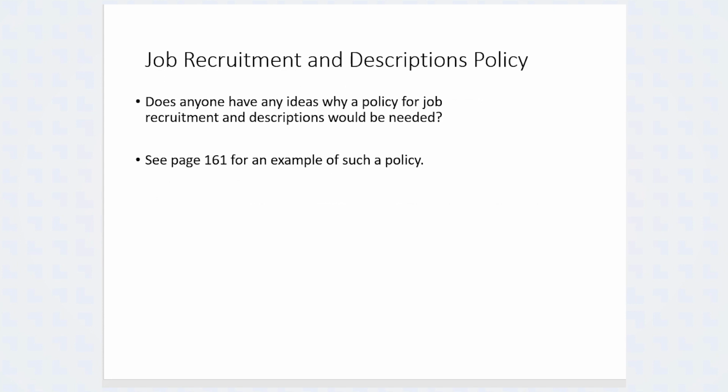So your job recruitment and description policy gives people an idea of what the job will entail. Right? You can have quite a lot of information about that job and what they're expected to do. And you need to have some information about what the job involves.